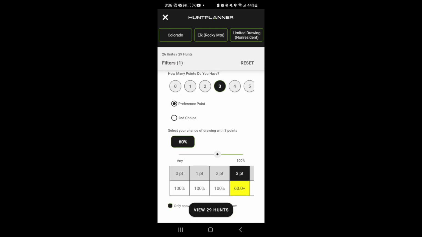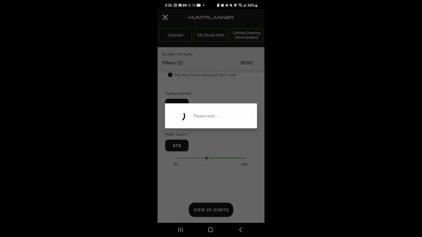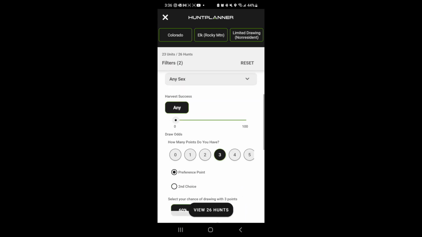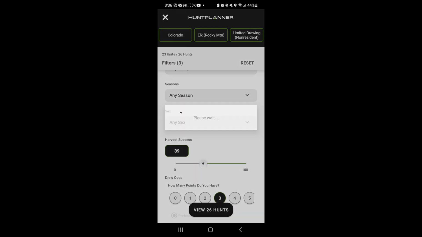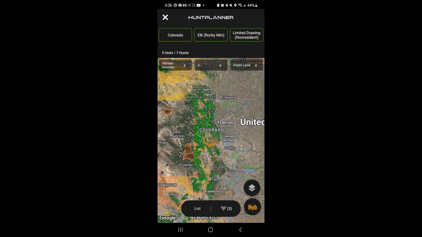Now, if we had additional criteria, such as the amount of public land that was available in a unit, we could slide that slider up as well. And then we may also say that we want a good chance of harvest success. Here, we've gone down from 1,200 individual hunts to 7. Let's view those hunts. This will take us back to the map view,